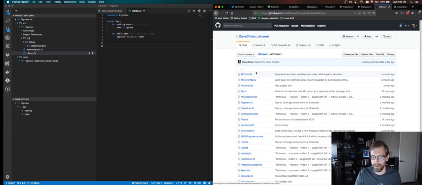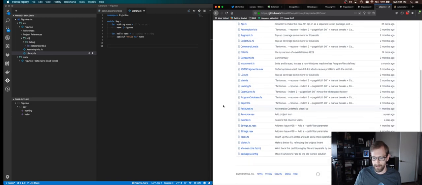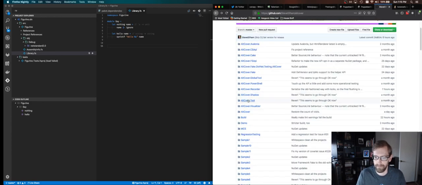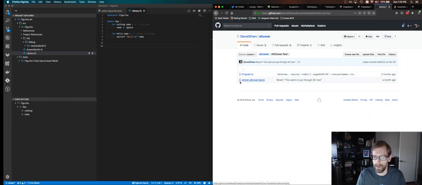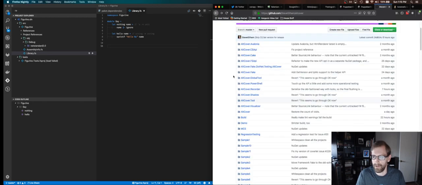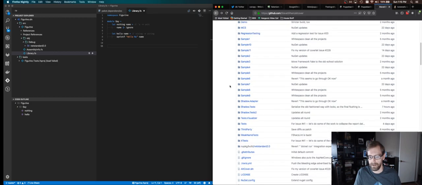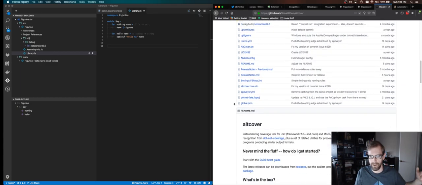It's probably just under AltCover. Nope. Tool, perhaps? This is the .NET global tool that you can use to run things. Is it under build? Suffice to say, there's some MSBuild targets that come with it that